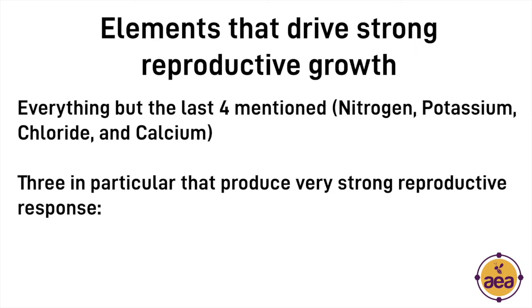But there are 3 nutrients which produce a very strong reproductive response. At the top of the list, kind of the king of the mountain, the nutrient that produces the biggest plant response of all is manganese. In fact, manganese is so strong that when we're working with tomato growers, sometimes tomato growers